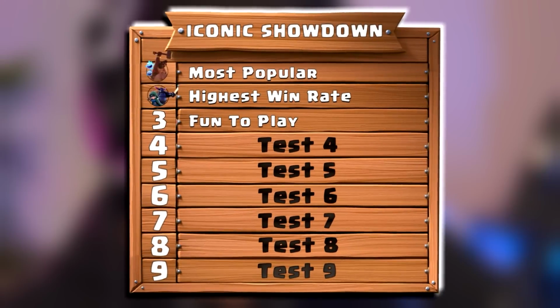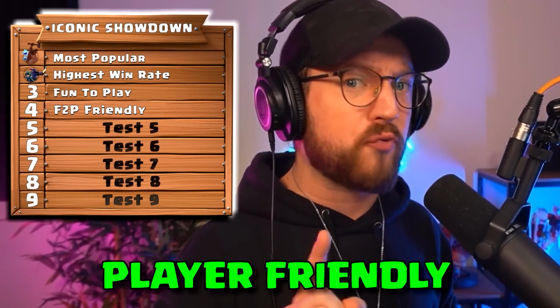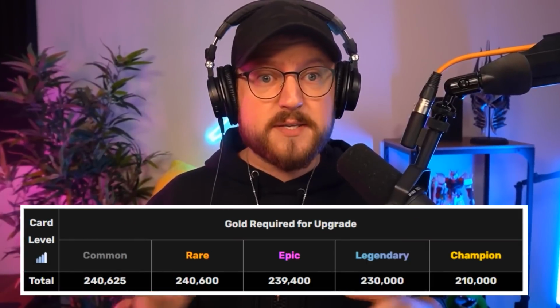original Log Bait. Let's take a quick break from the battles and jump into challenge number 4. Which of these 3 decks is the most free-to-play player friendly? Well, considering gold upgrade costs are relatively the same across all rarities, let's look at the individual cards in each